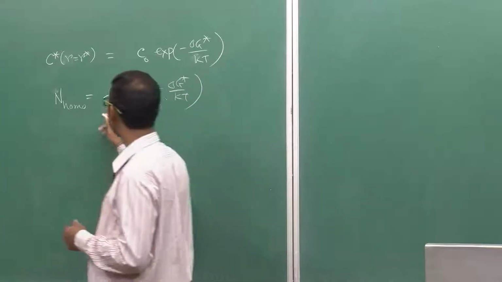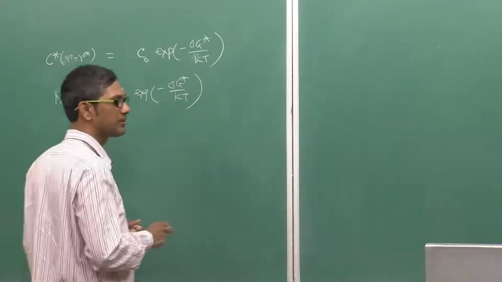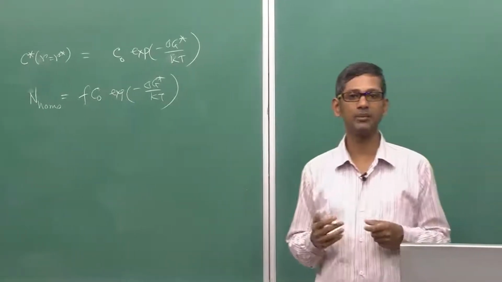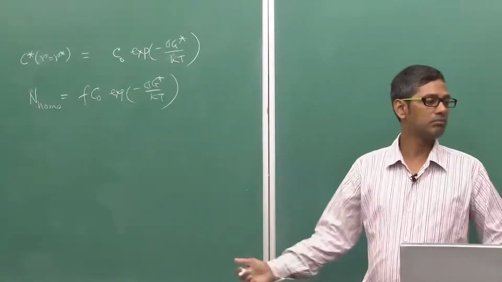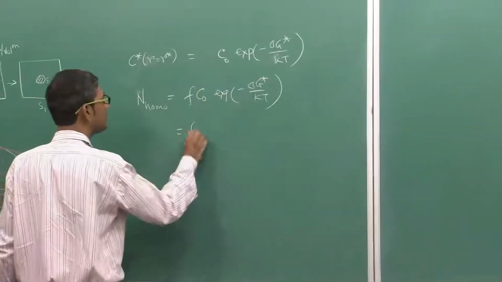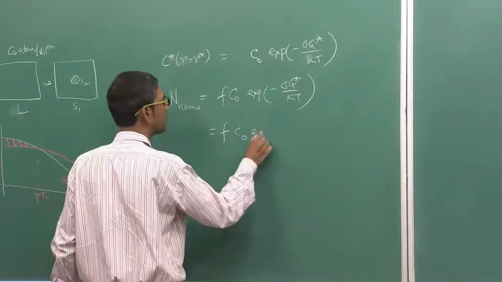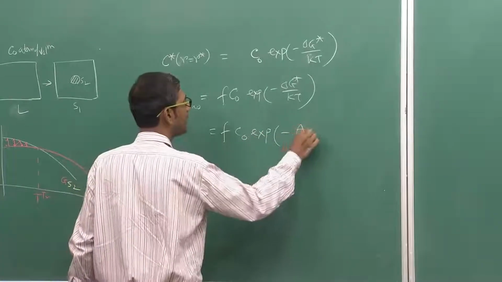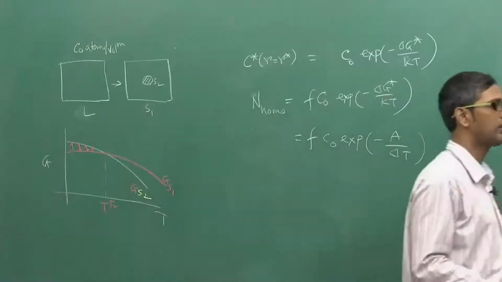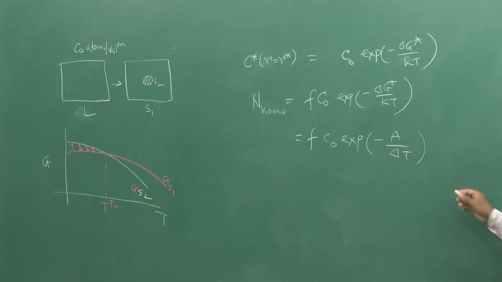So, therefore, F depends on these two aspects: the vibration frequency of the atoms and the activation barrier. Now, as you know, delta G star I also know. So, therefore, I can write this as C0 exponential minus A by delta T square. Let me see, yes, it will be delta T square,